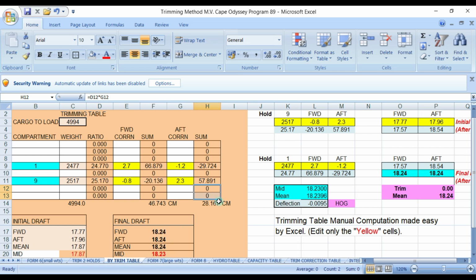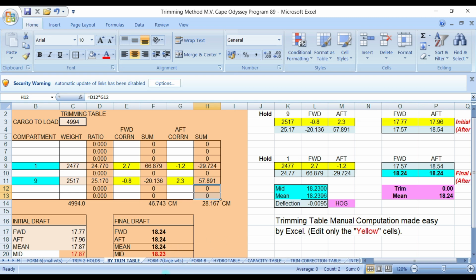So it depends on the figures of your correction for your trimming table on each vessel. So that's what I'm going to emphasize: not all vessels have the same results with regards to trimming table.